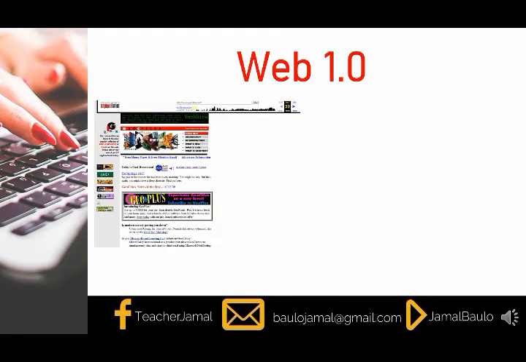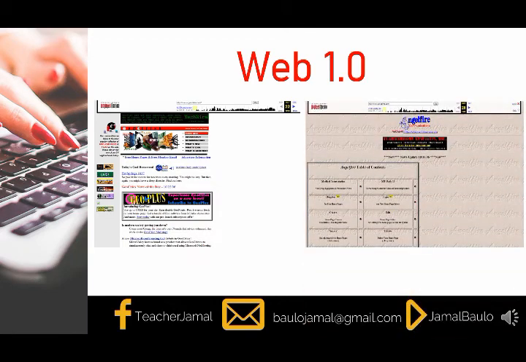So hanggang basa ka lang sa Web 1.0. Hindi ka pwede mag-comment sa website, hindi ka pwede mag-edit, hindi ka pwede magbigay ng feedback, at hindi ka pwede mag-post ng review. So that is Web 1.0. So here are the websites na mga example ng Web 1.0 kung saan wala kang magawa. You just need to basa-basahin mo lang yung mga information dito. So it is most likely the World Wide Web, and in the Web 1.0 version is yung tinatawag nila, class, na flat lang siya, and it is only readable.